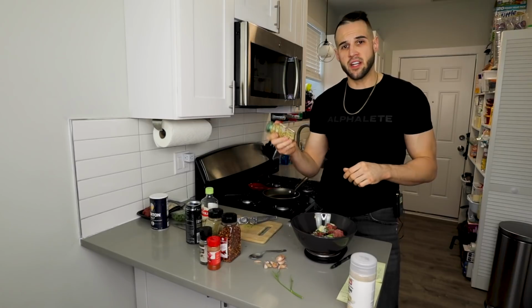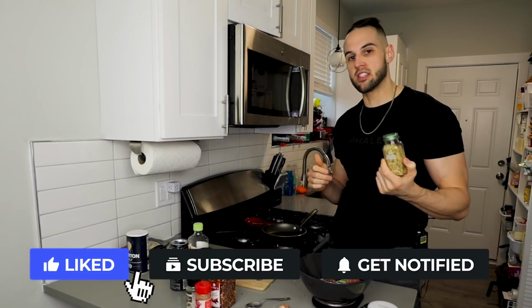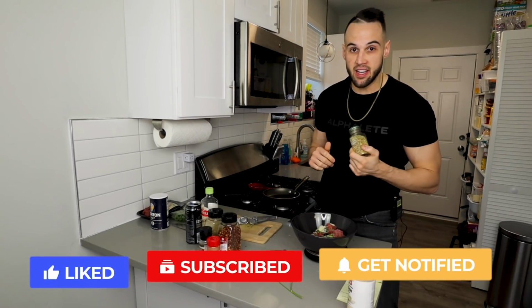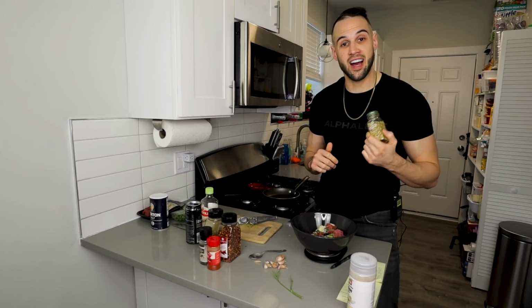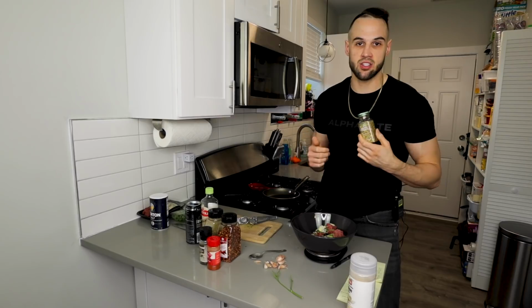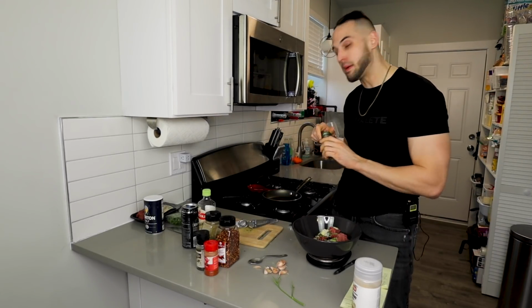Fennel seeds. These smell like black licorice. I hate black licorice. However, once you mix these into the recipe, you can't tell that it tastes like black licorice. If it did, I wouldn't include it because I don't like black licorice, but this is in almost every classic Italian sausage recipe. To get the most flavor out of them, the reason we turn this pan on is